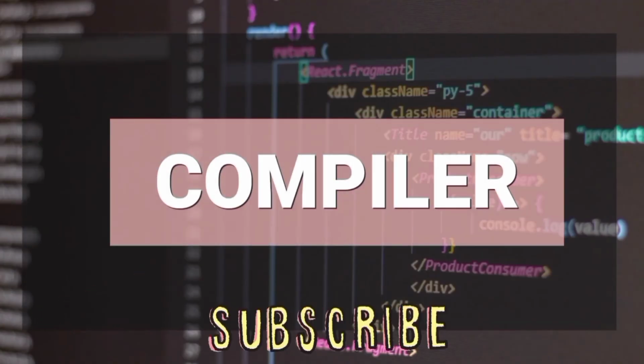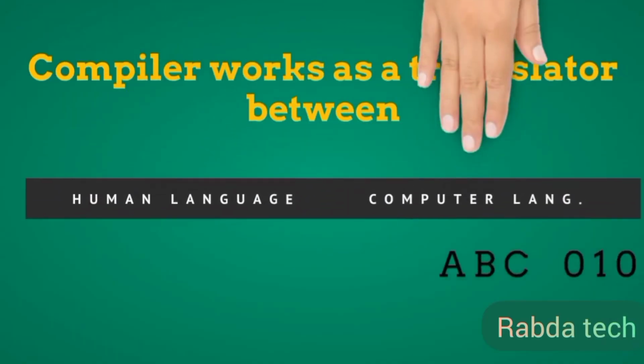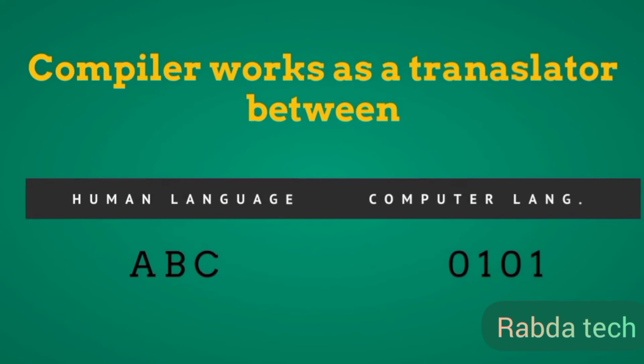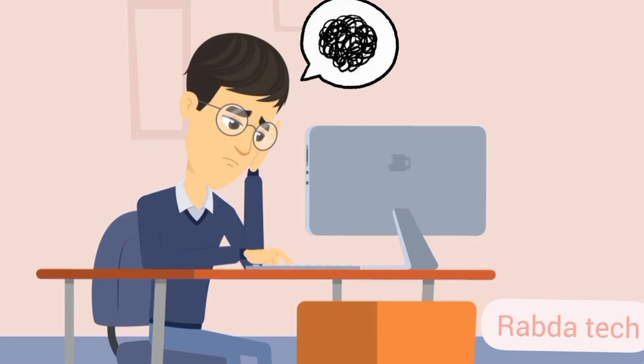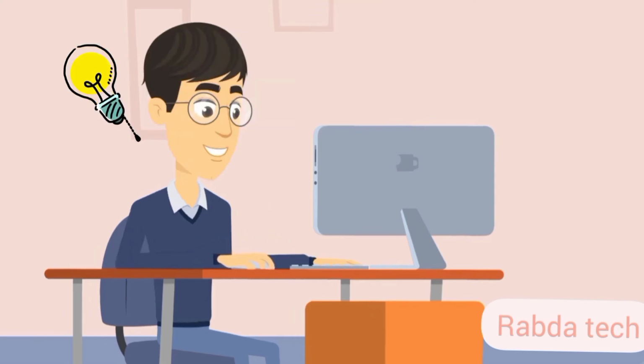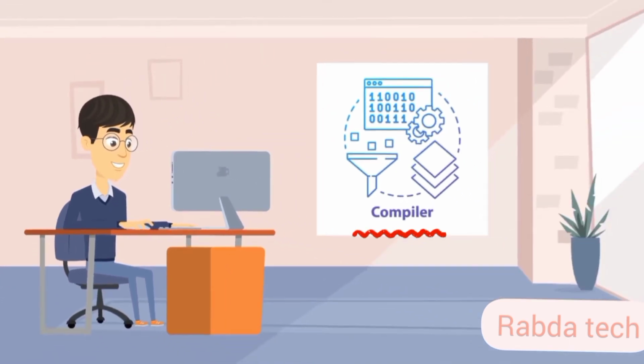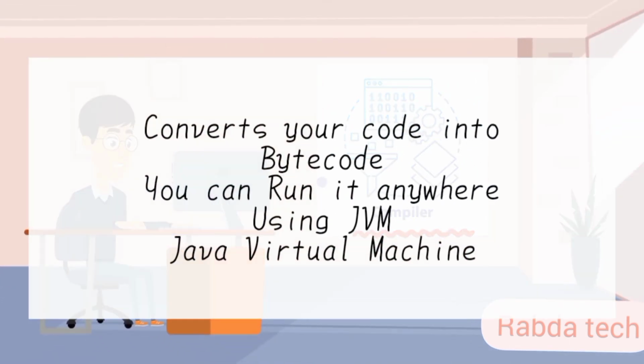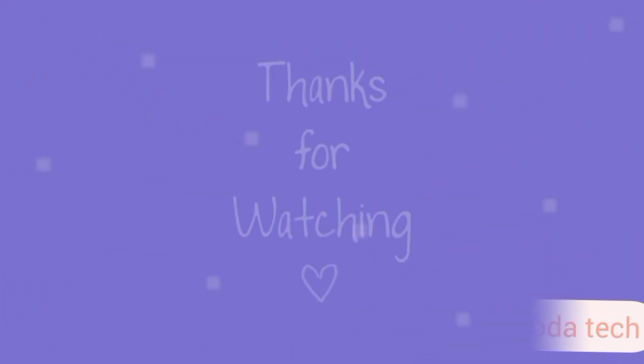Let's know compiler. Well, a compiler works as a translator between human language and computer language, which is binary language. Let's say that you're thinking of a program and you have no way to communicate with the program or binary language. Here comes the translator, our compiler, which converts our code into bytecode. We'll discuss it later